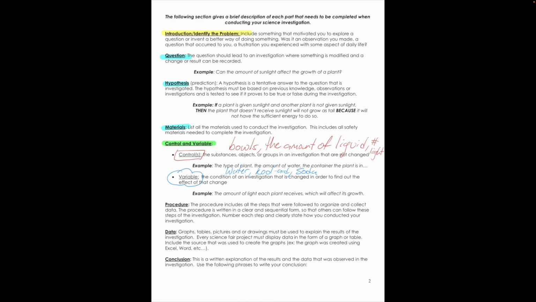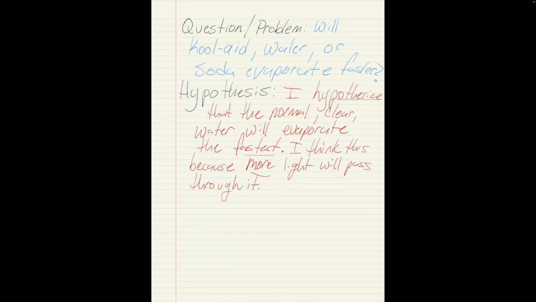Now, once you're done with that, you're going to go to your procedures and tell me exactly what you did step by step. When you're finished, this part I'm going to help you do the data. So, I'm going to come over here and make a new page and let's do some data. What is data? For some of you, that's research on the thing you're doing. For me, my data is all the observations I did. Now, my first observation was